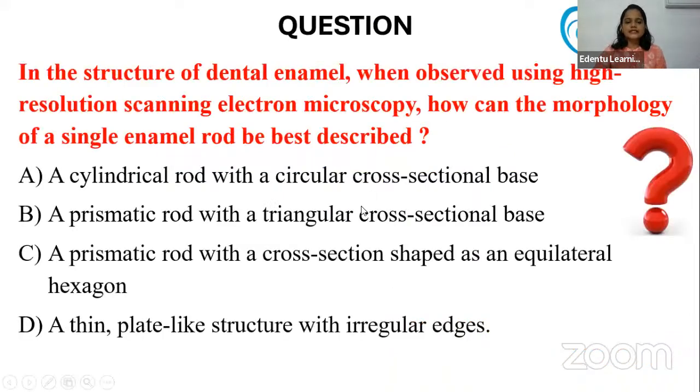So first question is, in the structure of dental enamel, when observed using high resolution scanning electron microscopy, how can the morphology of a single enamel rod be best described? Okay. So, can you describe it like a cylindrical rod with a circular cross-sectional base, or a prismatic rod with a triangular cross-sectional base, or a prismatic rod with a cross-section shaped as an equilateral hexagon, or a thin plate-like structure with irregular edges? Okay. So the answer is option C, a prismatic rod with a cross-section shaped as an equilateral